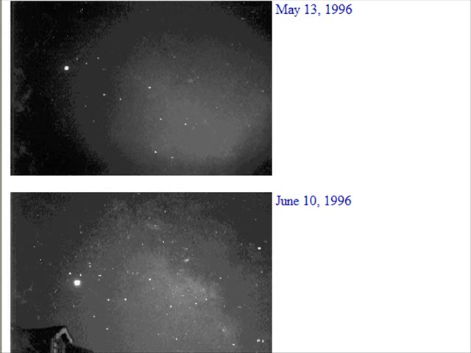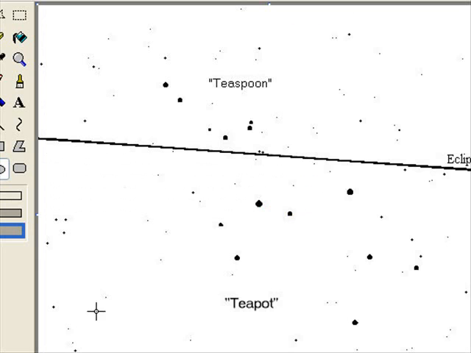Let's go back to the paint program. So here we're going to put these 2 Jupiter positions in. Here are these 3 stars. Actually, this was a double star. So 1, 2, 3, and Jupiter was about here. That was May 13th. And then Jupiter made kind of a nice triangle with these 2 stars, and Jupiter was